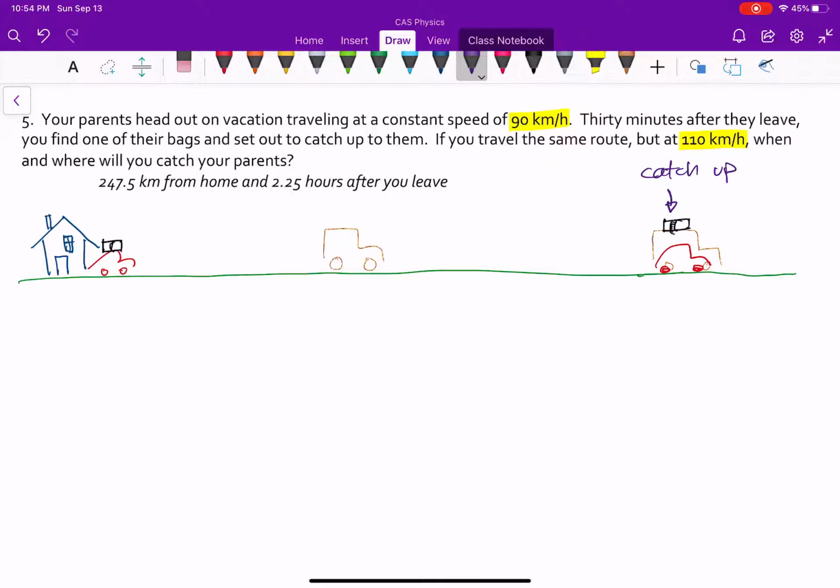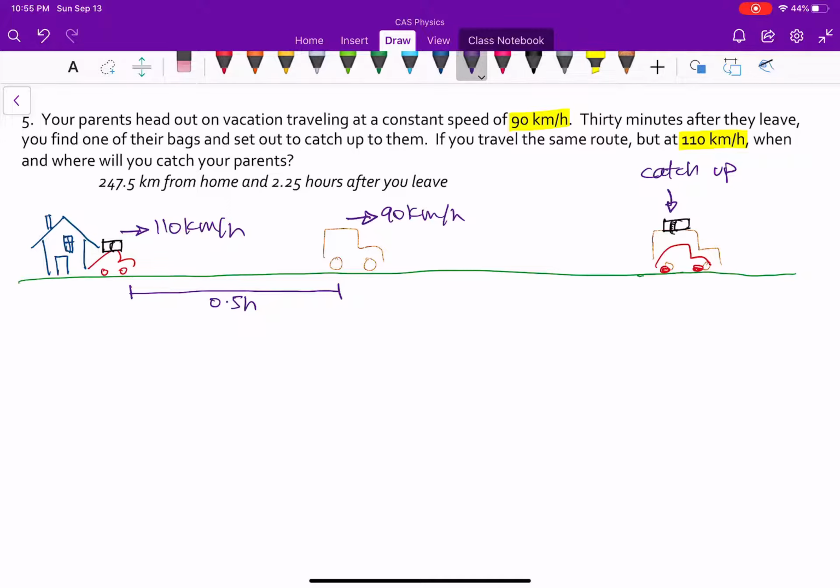So think of it like they left the house, and then how many minutes later? 30 minutes later. So in this interval here, 30 minutes, half an hour, has gone by. Your parents are traveling at a speed of 90 kilometers per hour, and you're traveling at a speed of 110 kilometers per hour. This is sort of a snapshot of where they are when you leave your house, and then again where you catch up to them. And the thing you don't know is how far ahead they are when you catch